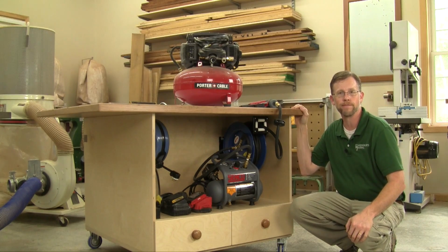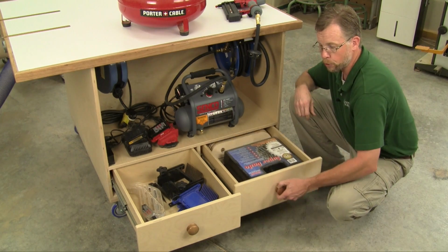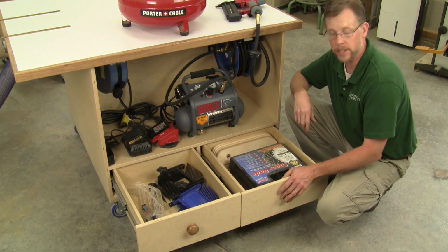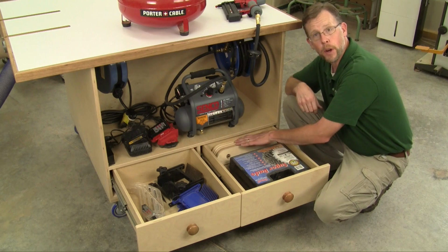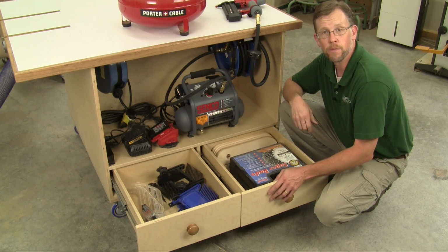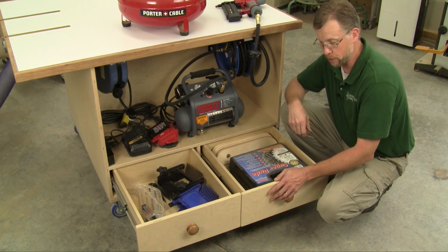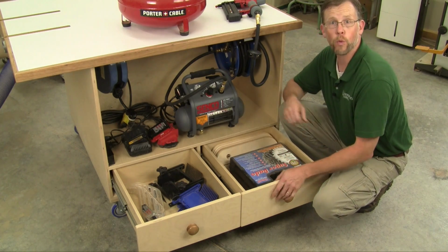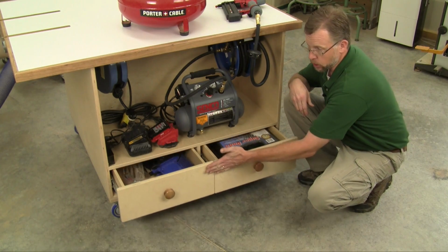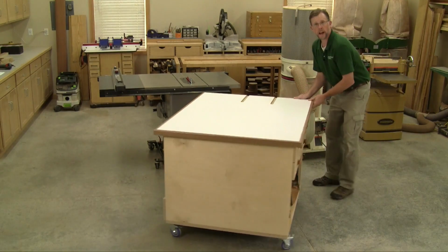And under the compressor bay, we've got 2 drawers that hang on full extension drawer slides from Rockler. Here's a perfect place to store all of your table saw accessories: dado blade box, spare throat plates, guard, feather boards and other safety devices, what have you. You'll never have to search for those table saw accessories again. And these drawers are built tough. They've got corner joinery, that's simple rabbet and dado joints, and full 1/2-inch thick plywood bottoms. So go ahead and load these drawers up. They can take it. And over on this side of the cart,